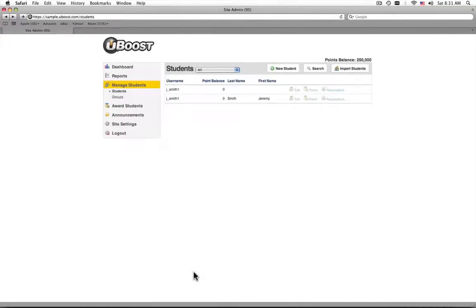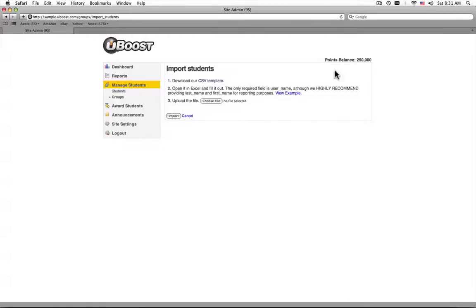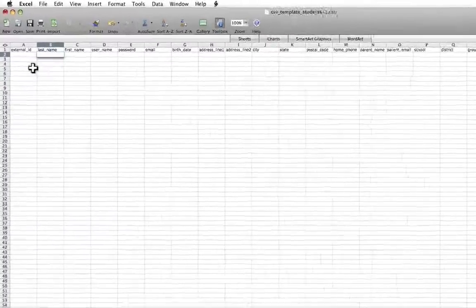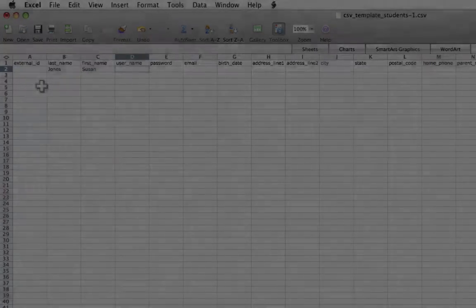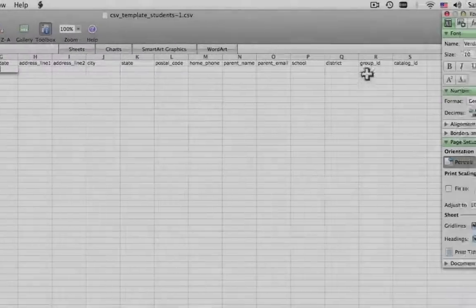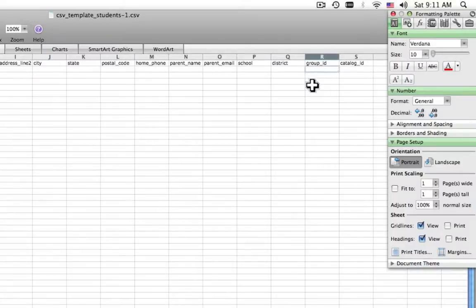To save time, use the Import tool to create many student accounts by clicking on the Import Students button. Start by downloading uBoost's pre-formatted import template. Enter student names and usernames into the template. You can also import students into the groups you created by entering the group ID number in the column labeled